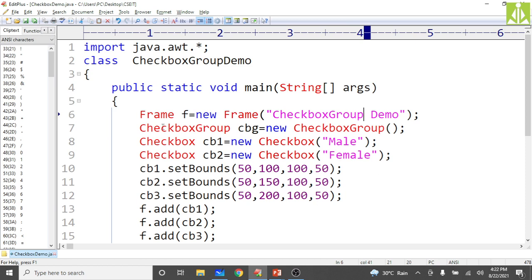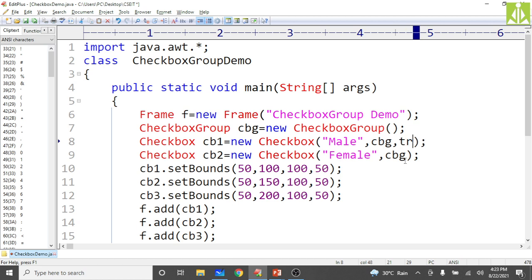Inside the checkbox group, when you're creating the checkboxes, you have to pass more arguments, put a comma, and pass the name of this checkbox group, the object CBG. And one more argument you have to pass between these two, checkbox 1 and checkbox 2, which one you want to be enabled initially. So I want male to be enabled initially, and if I select female, male will automatically become deselected.